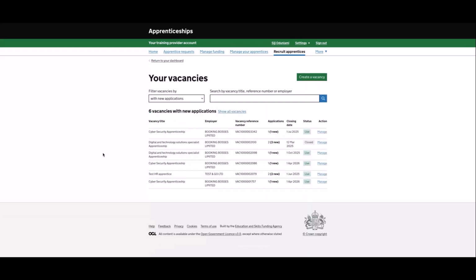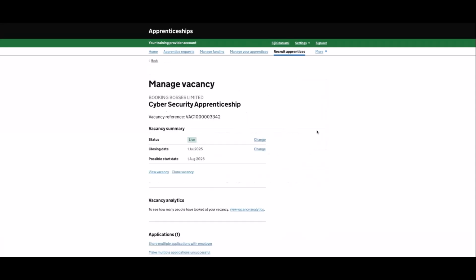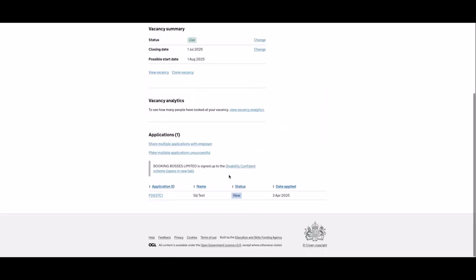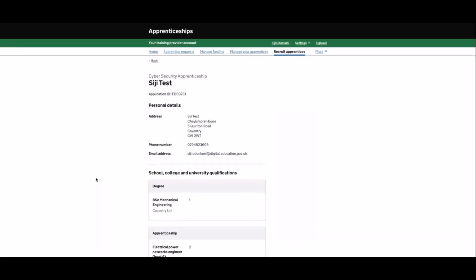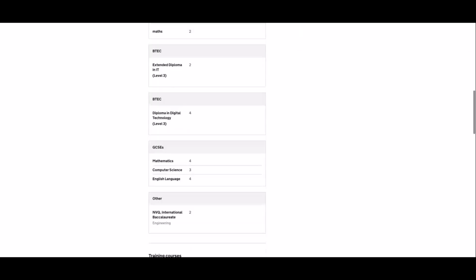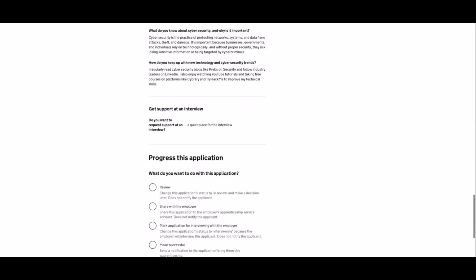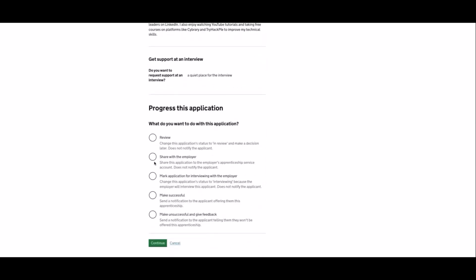So if I went in there, that's the one that we've just gone into. It's got 1 new one. You can manage and then choose. So 3rd of April, 2025, you can see date where it's been applied for. You can go in. Essentially, the information that's been passed to the provider is replayed, and we can choose to either review, share with an employer, mark the application as interviewing, make successful, or make unsuccessful and give feedback. If I make successful on this occasion,